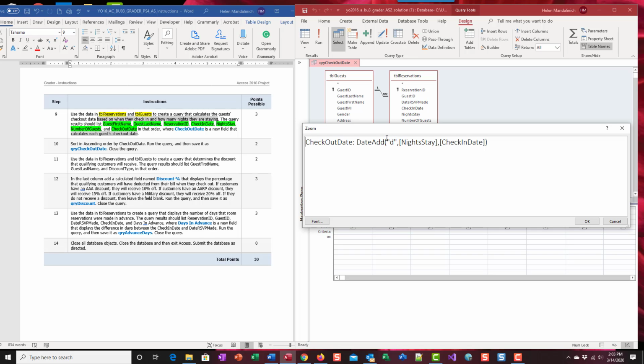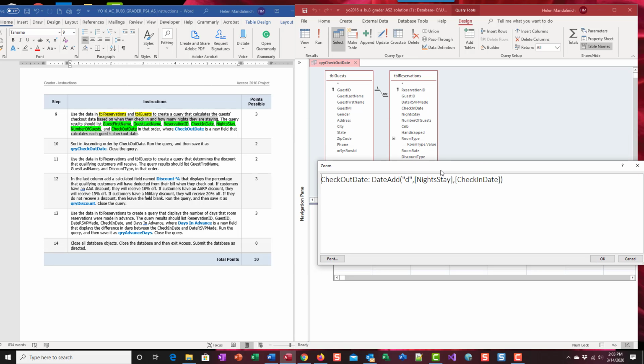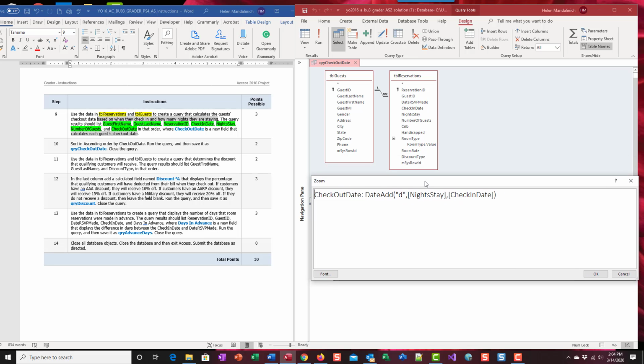and I want to return a day, right? Once again, we're not returning a week, a month, a year. We want the actual date. So we're putting in a D. Once again, you look at the chart in your book to know what that character is, comma, and then inside square brackets, we're going to take